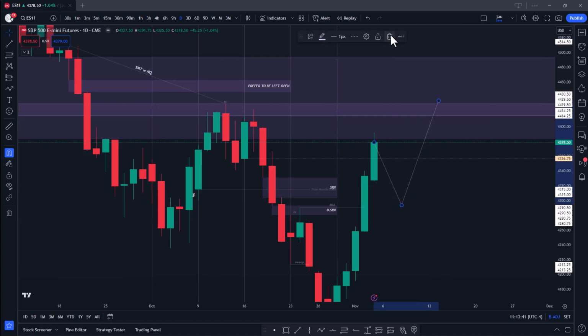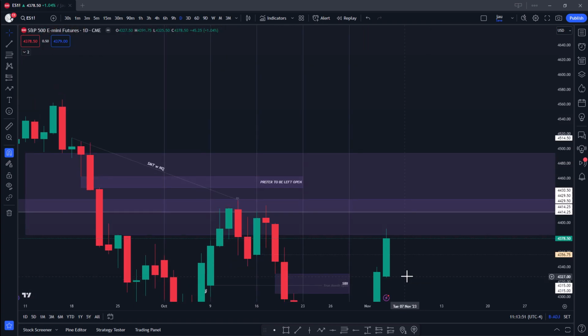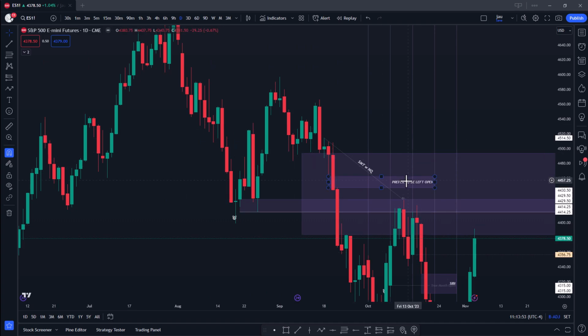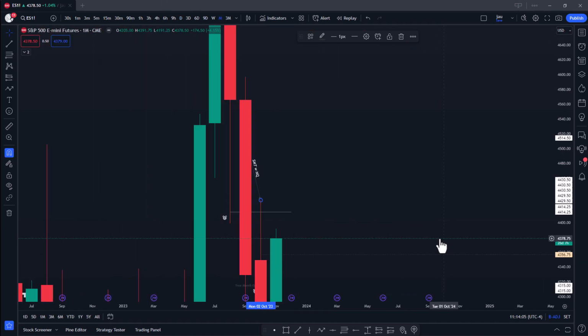So this of course is a daily chart. There's no need for me to go to a lower time frame because it's the same thing. We just got a bullish expansion to the upside, and this would be the initial consolidation of the market maker buy model. But I'm not bullish overall in this market. And let's actually go back up to see what this high is on a monthly chart. So we go back to the monthly,